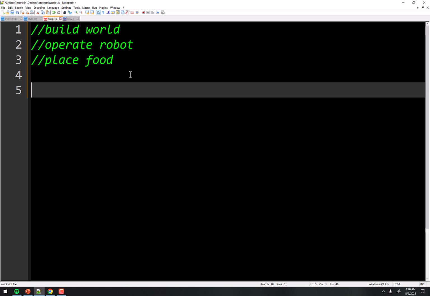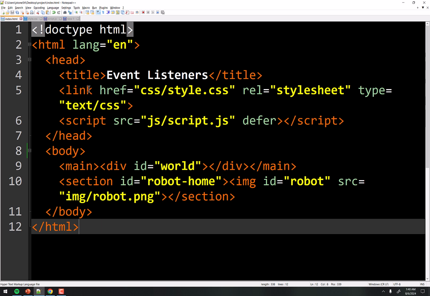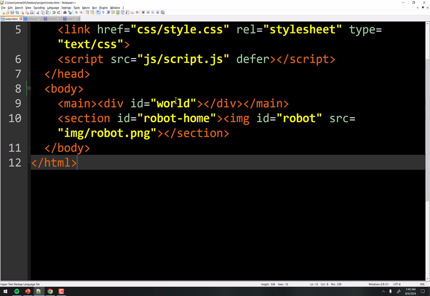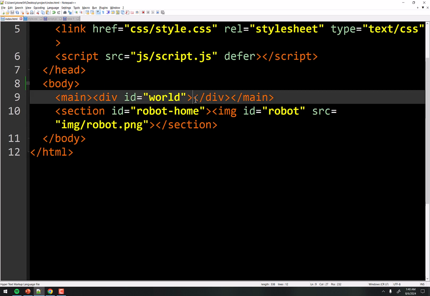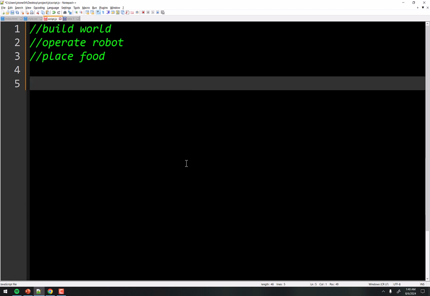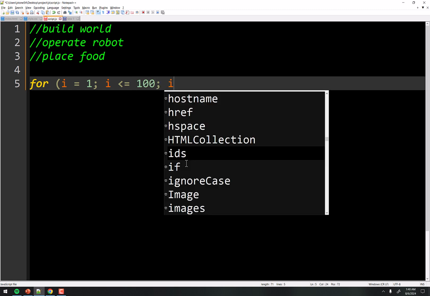Super easy idea. We just need 100 divs, right? So I mean, I could just go in here inside of this right here, and I could just type div 100 times, right? I can make 100 divs right there. But because of some things I know that we're going to run into in a minute, and just because I want to keep this code a little cleaner, we're going to build them with a loop, right? Simple enough. For i equals 1, i is less than or equal to 100, and i plus plus.